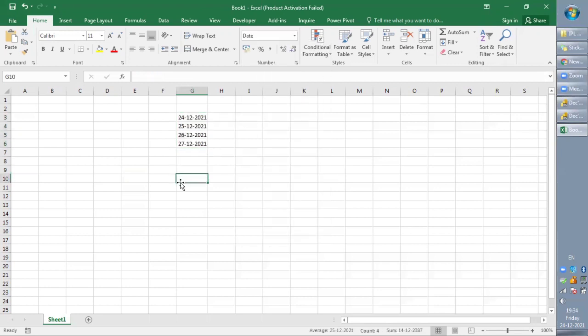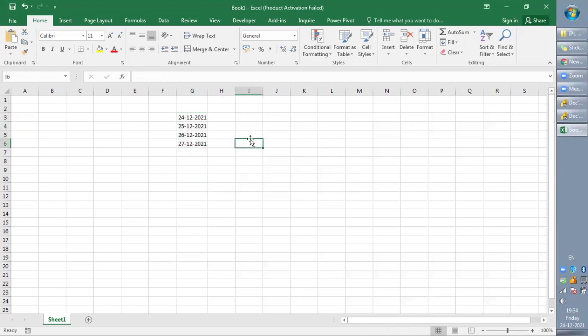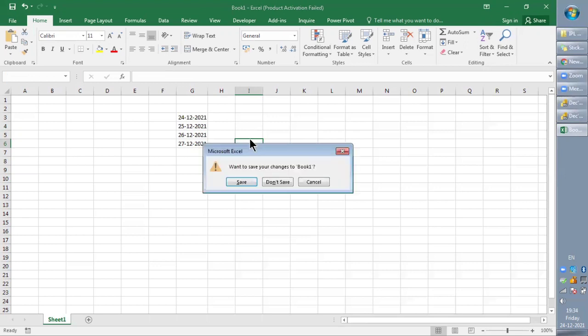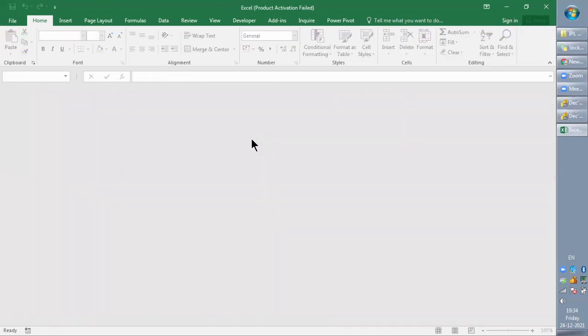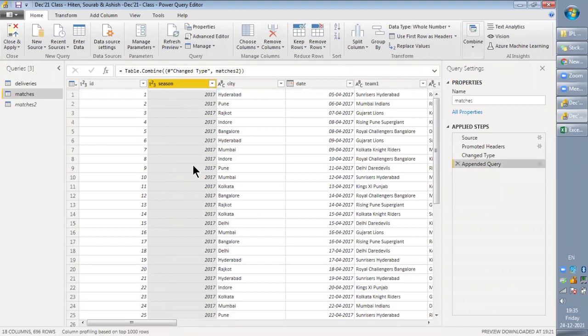You can see, it has automatically increased the date as well. So I believe Ashish, this concept is clear about date. Yes, sir. Yeah. So let's move ahead on the Power BI. So this is how, let's change this back, because it's not a date, it's just a number. So it has come back to us.